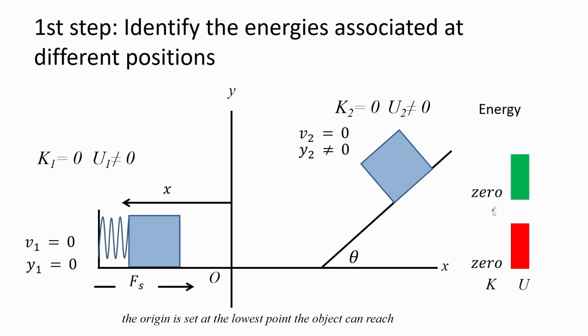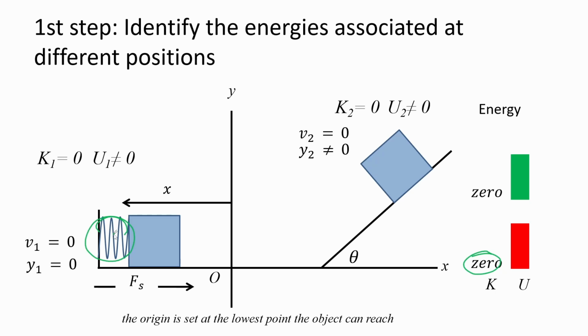Let's break down the scenario here. First is the kinetic or the potential energy. In the first case, wala kay kinetic energy kay gi-compress siya, ang velocity niya is 0. Wala siya potential energy due to gravity kay di man siya elevated, pero naa siya spring here. So naa siya elastic potential energy. So you have the source of your energy.